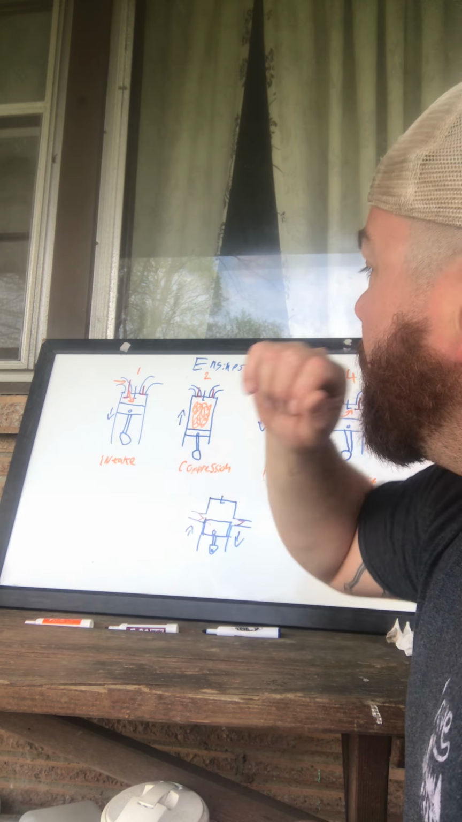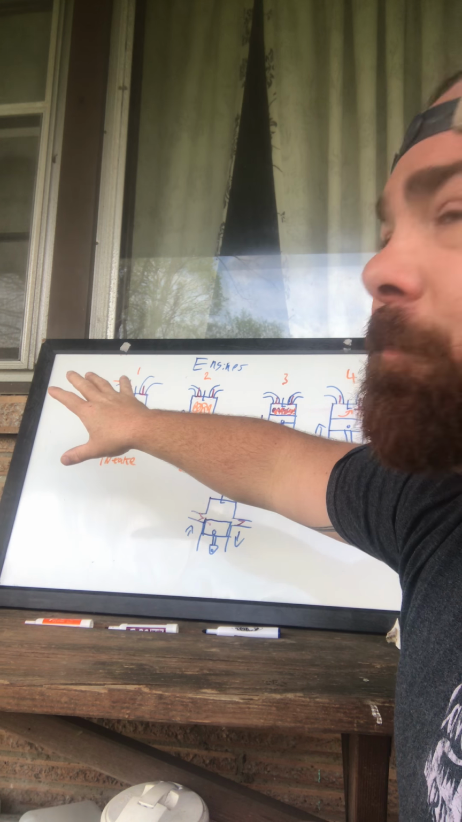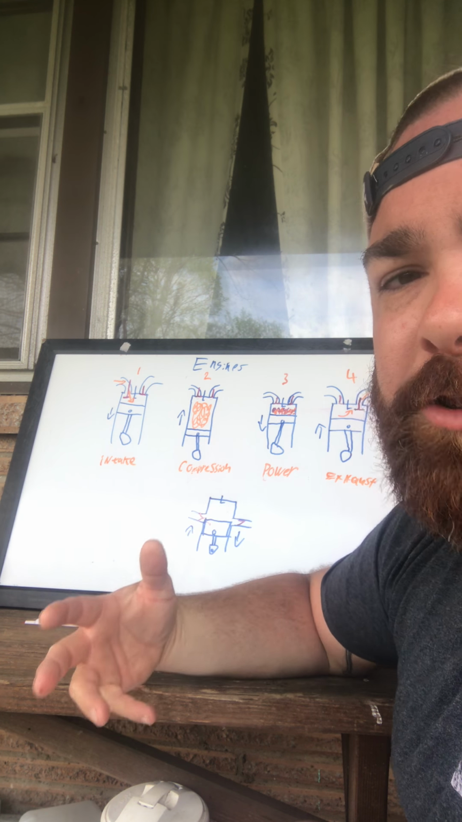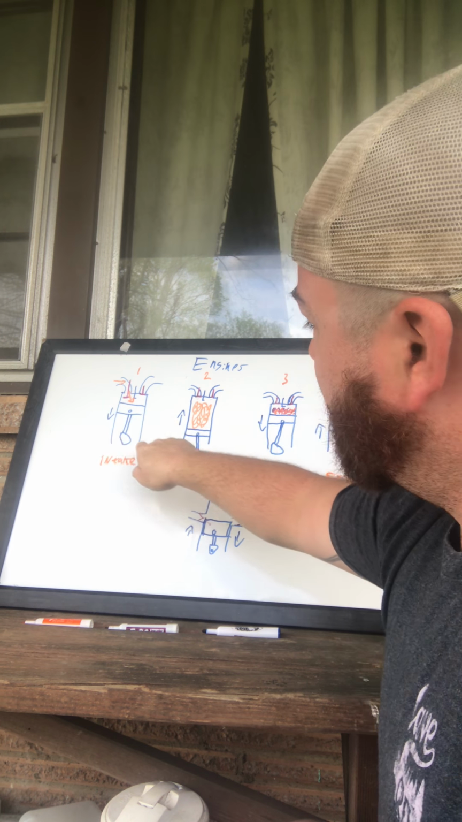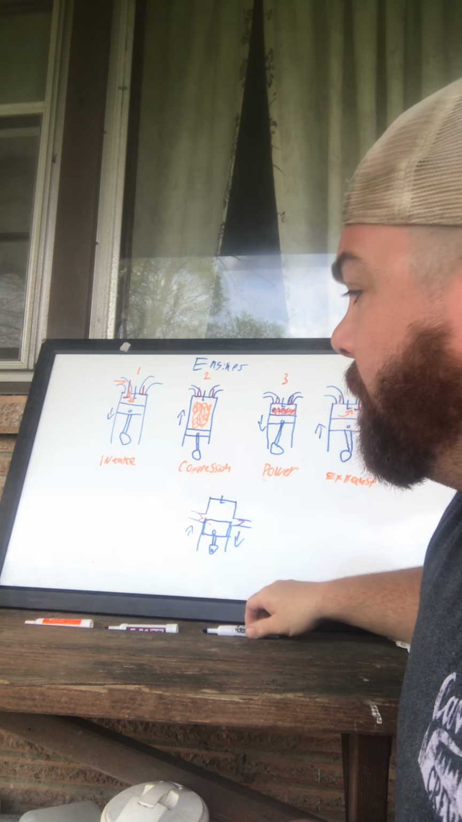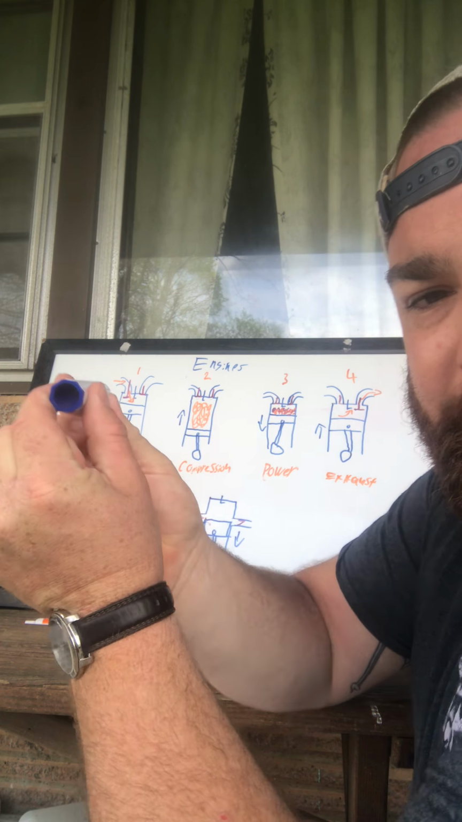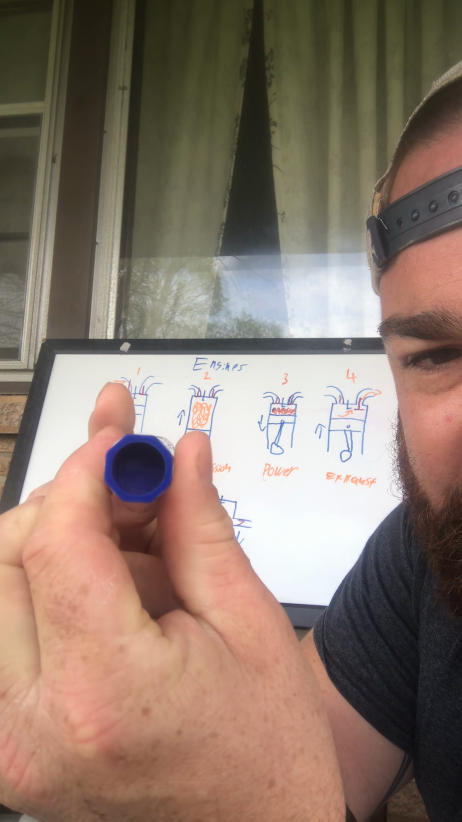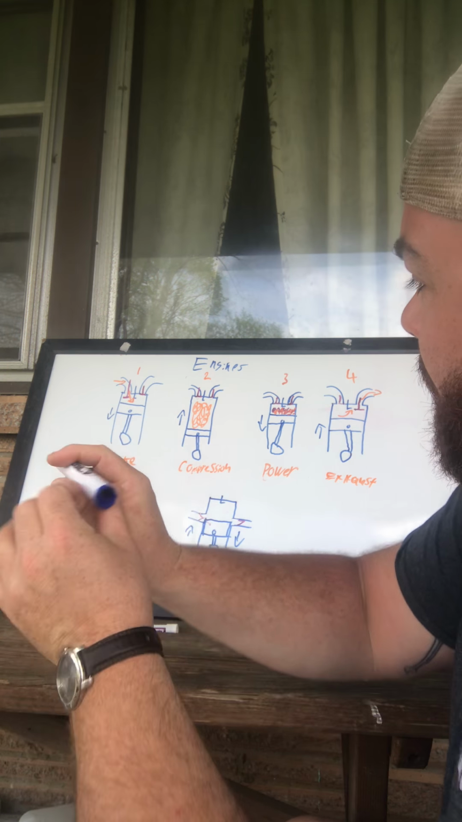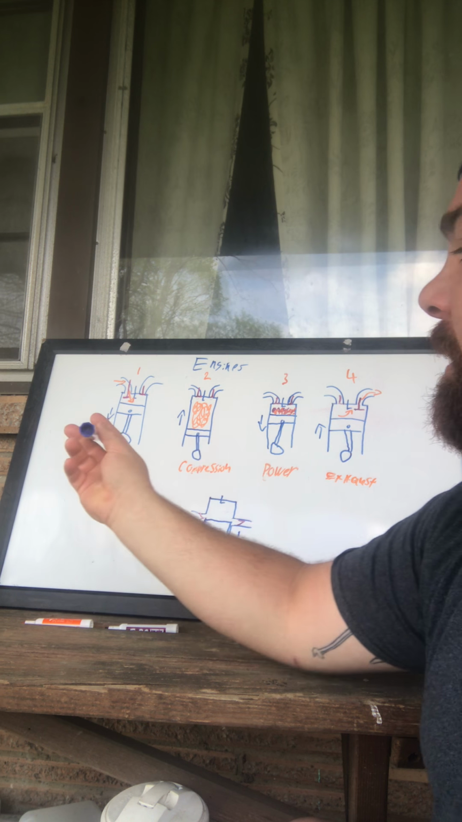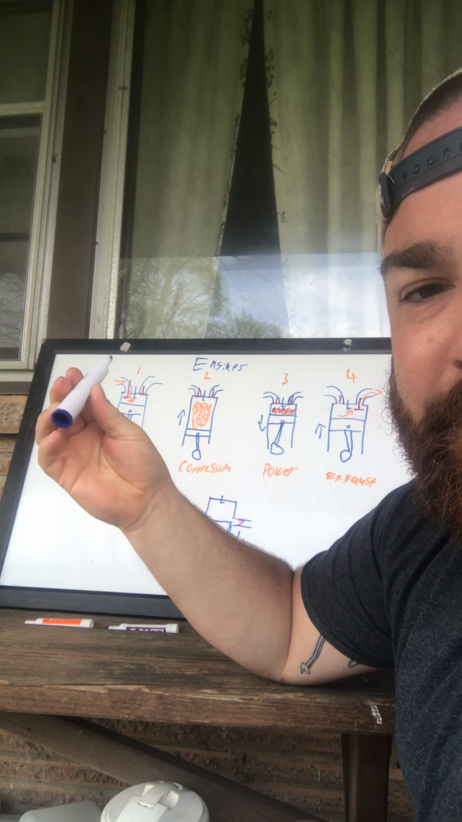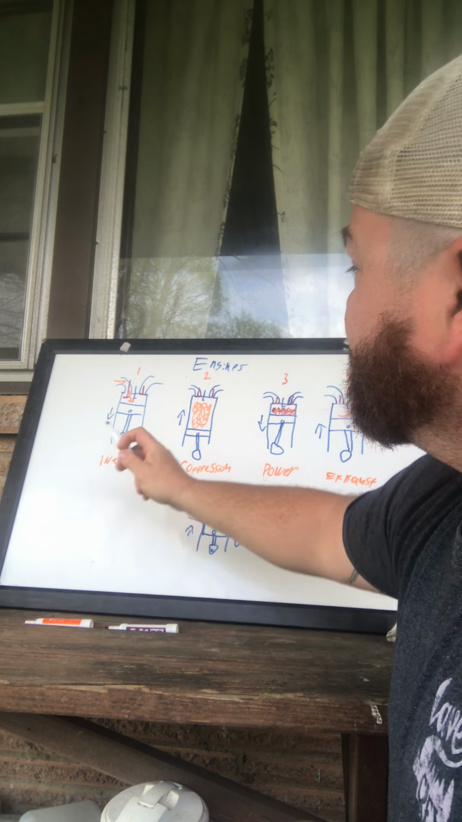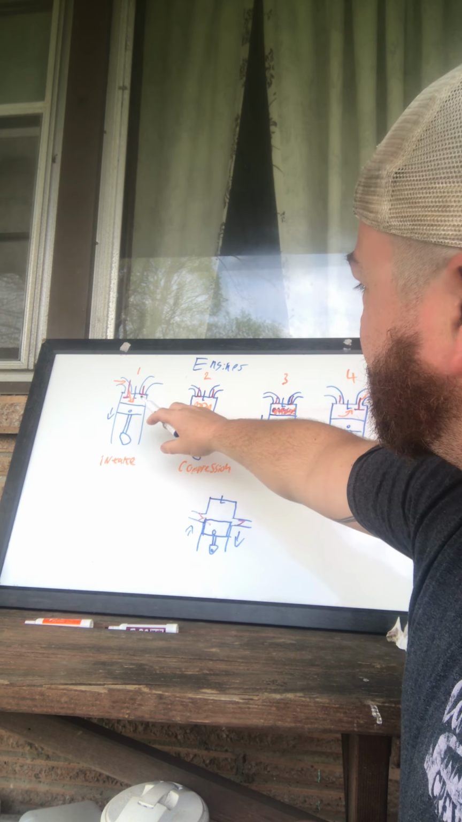So first we have four strokes, and I'm going to name off all four of those strokes. First is called the intake stroke. Now what I'm drawing here is a crankshaft turning. So you're looking at it from this angle, and it's spinning like this. And that's what this little egg shape on each of these is. You're not looking at it turning like this. You're looking at it from an end-on view. So stroke one,